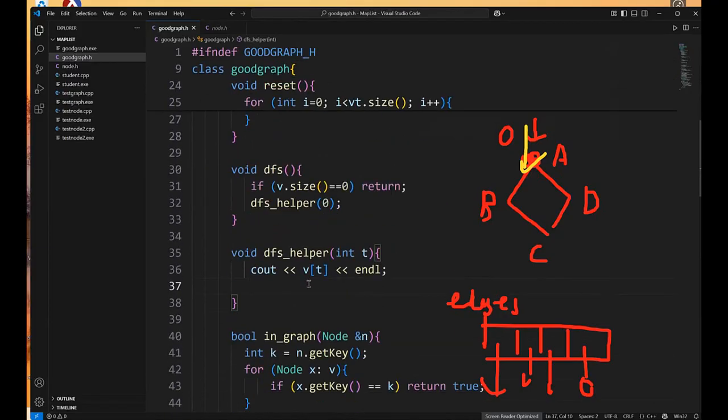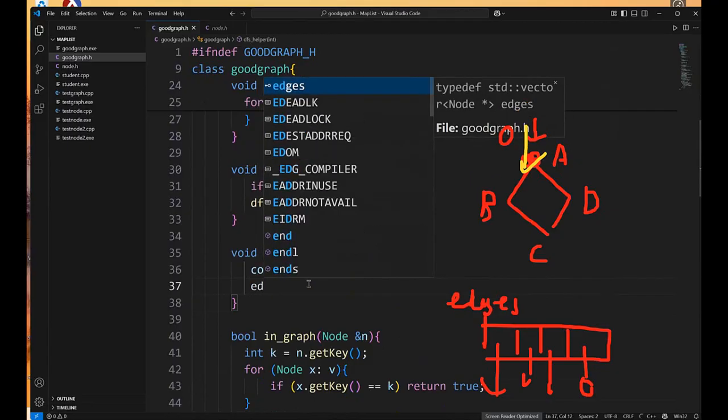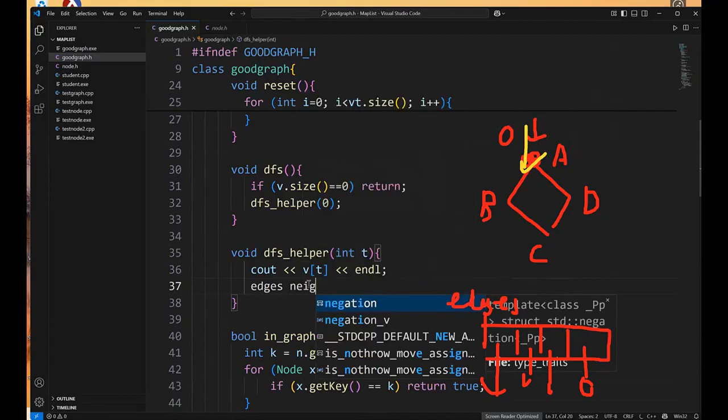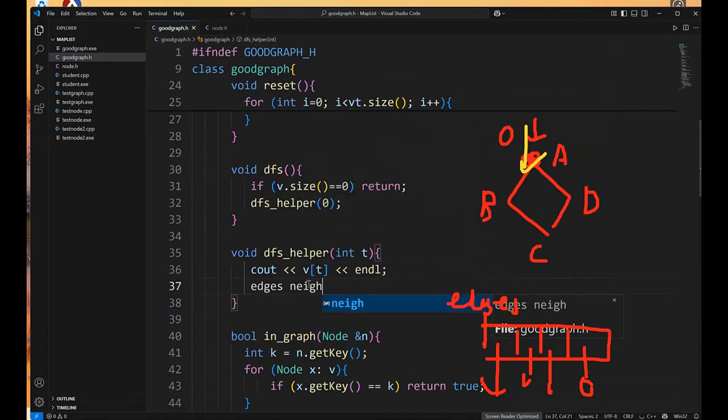So here let's do edges. Okay, and then do neighbors. And this neighbor will be equal to ET. Okay,